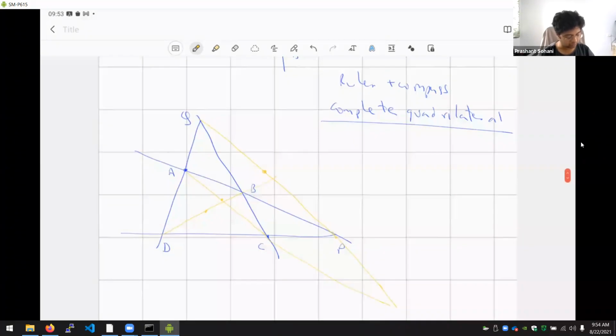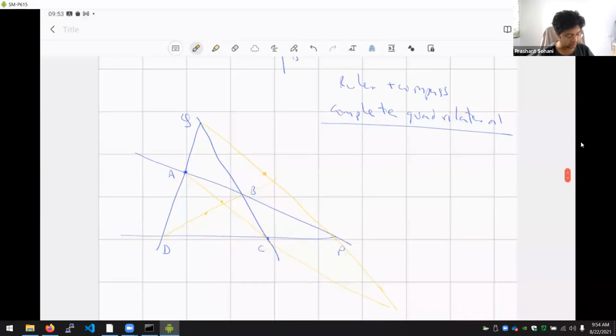So maybe before I draw a linear diagram, just to indicate in a schematic way what I'm trying to do here. So basically I'm interested in the points, let us call them X, Y, Z, okay? So these are the intersection points of these diagonals. And so now you see that all the three midpoints we are interested in, let us call them